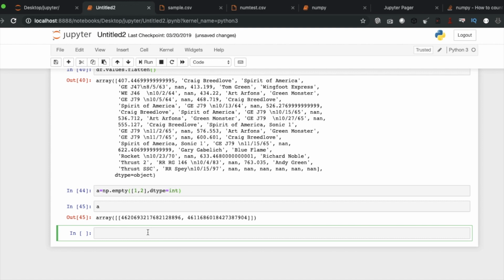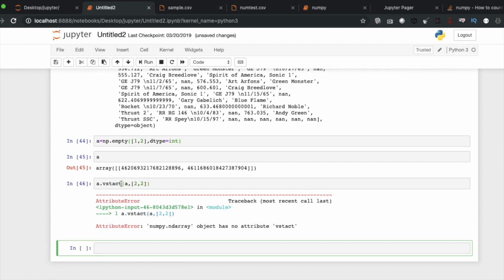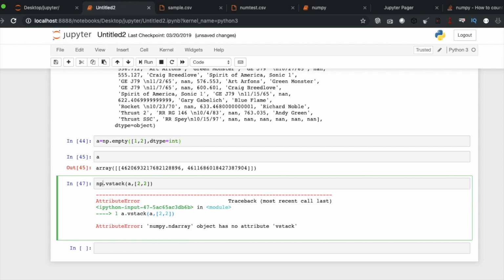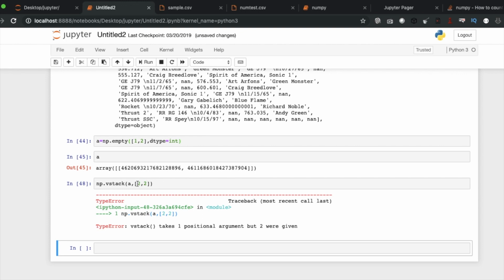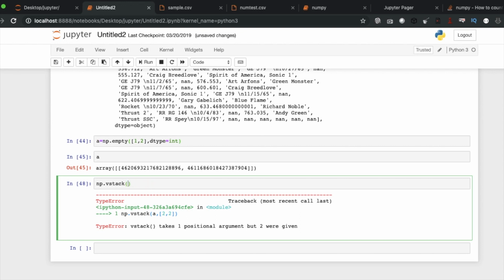So now what I'm trying to do is np dot vstack, with 2 comma 2.